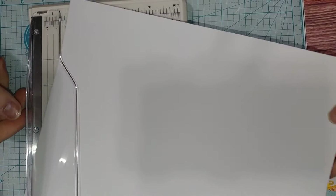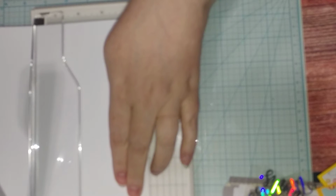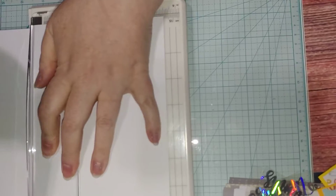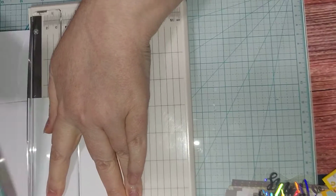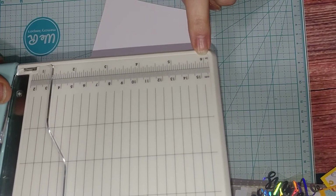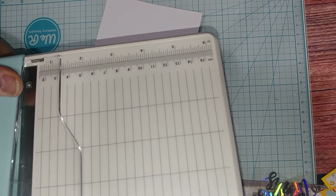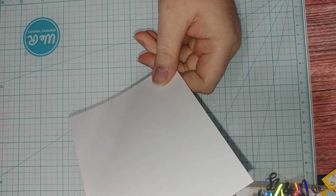I'm going to cut this down to card base size. So we'll do 5.5. And then 4.25. I like this trimmer because it goes up to 6 inches. The Cricut trimmer can go up to 12 inches, but I have to pull the thing out and it's kind of annoying. So anyway, this is the